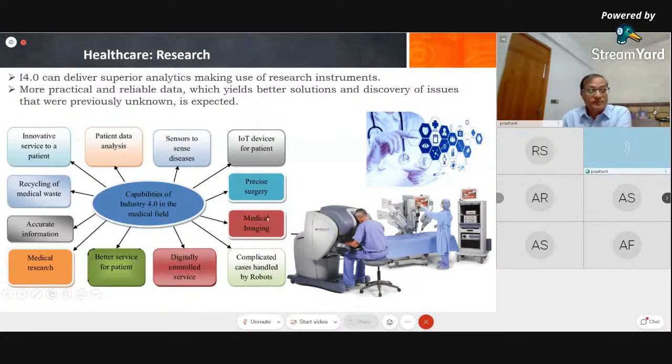We talk about telerobotics or telemedicine these days. So it helps in all. In particular, we are talking about research, and research is basically finding something more from the existing data. That is with the help of big data analytics, and then using these Industry 4.0 concepts, which basically talk about robotics, augmented reality. With augmented reality, you can train your PG students in medicine. You don't need a cadaver or a real patient,